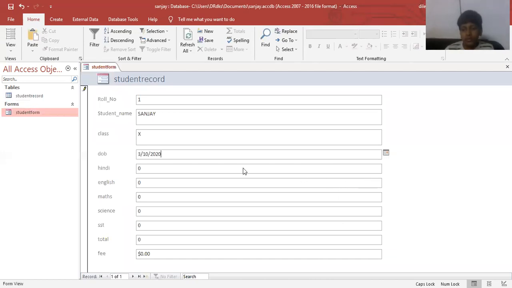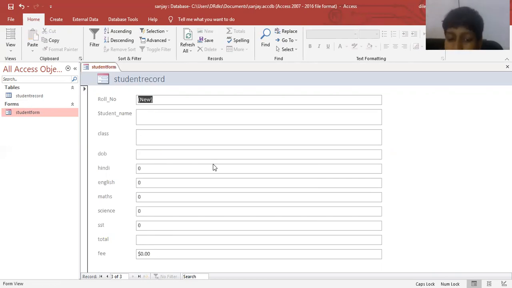The date will come with that, and after that just type the Hindi marks like this, using tab to move from one cell to another, right? And after that, see there, what will be the fees, just see the currency symbol coming with that amount. Here we have a zero, just type here 500 or 1000, that will be the fees of your student. Just click here. And using tab to move on to another data, here we just type another record like this. So Rohan, plus this, and just select the date of birth from this calendar and just type the marks like this, right? And here we just type the fees.